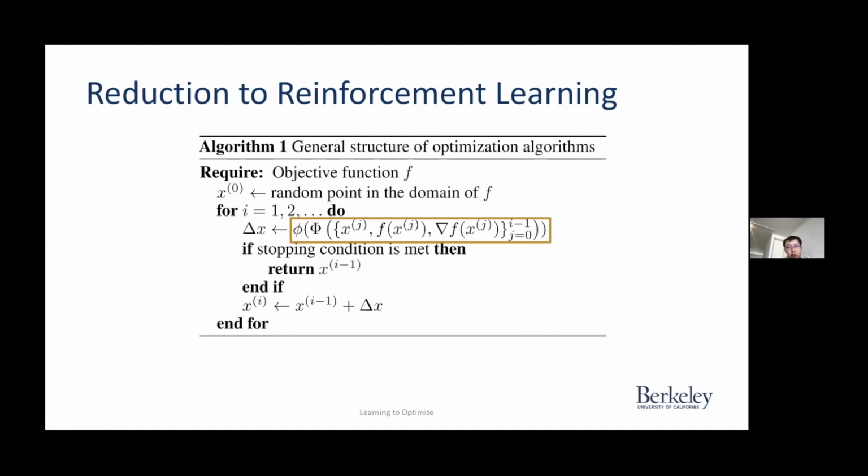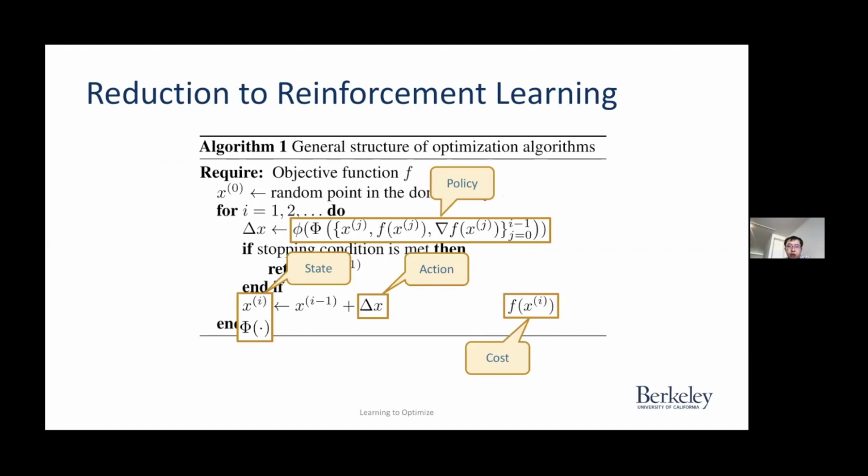Okay, so the reduction to reinforcement learning is the following. Let's think back to the structure of optimization algorithms here. We can naturally map the different things to different objects in RL. First of all, the states could be just the iterates, and possibly some features. The action is going to be the update that you actually apply to the iterates. The policy is going to be this update formula, essentially,